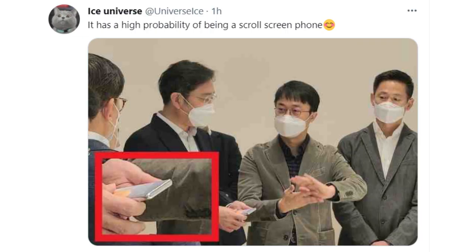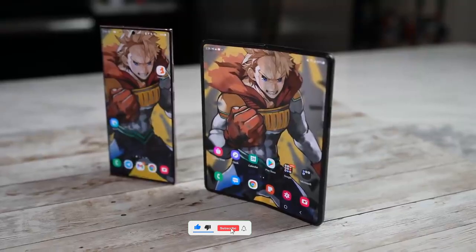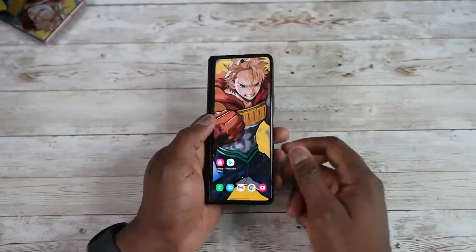According to IC Universe, the code name Diamond is for the scrollable smartphone, but later that tweet was deleted. And Ross Young mentioned that the Diamond codename is for the S23 Ultra, but things didn't stop here. Samsung actually filed a patent for a scrollable display, and there are two patents that Samsung owns for their upcoming scrollable phones. It is confirmed that we're not going to see a scrollable phone this year, but next year Samsung will definitely